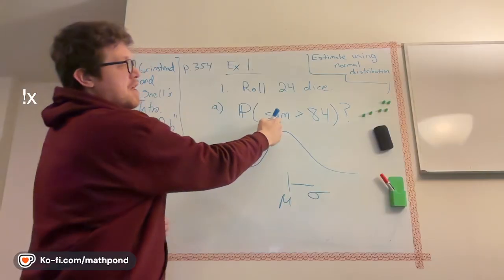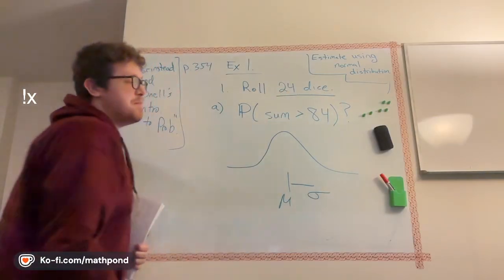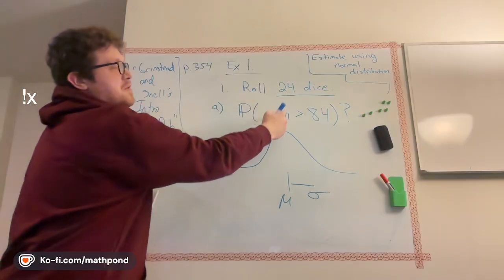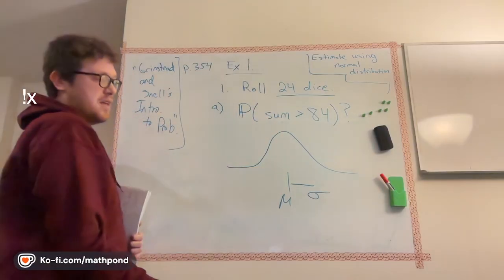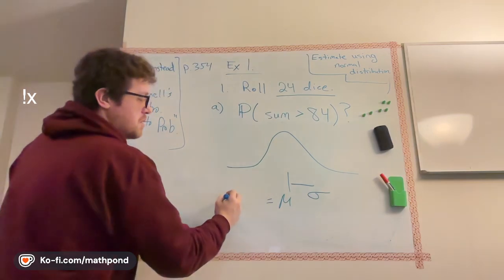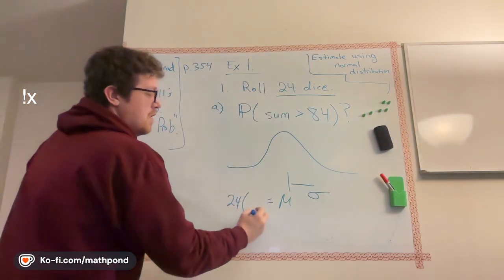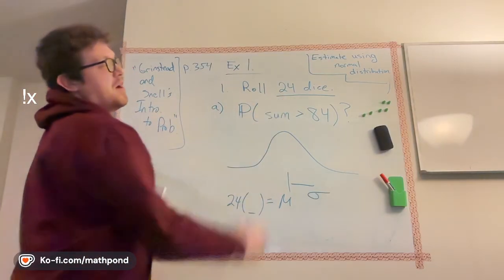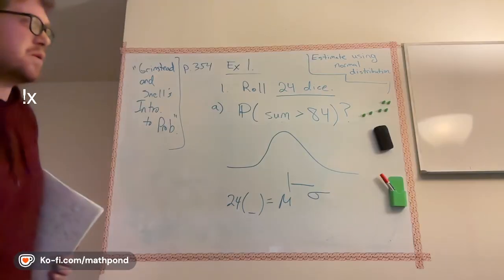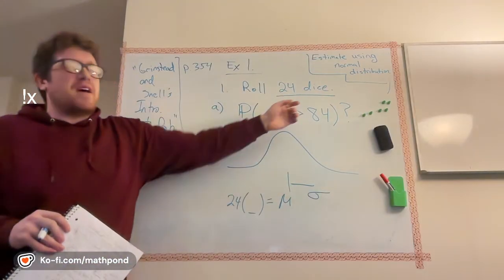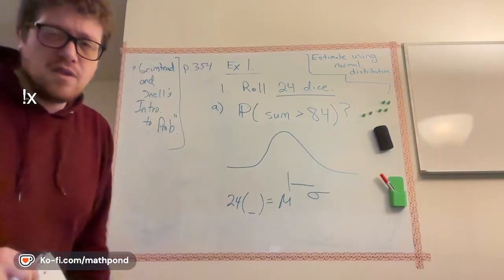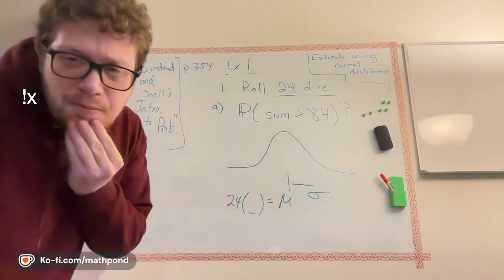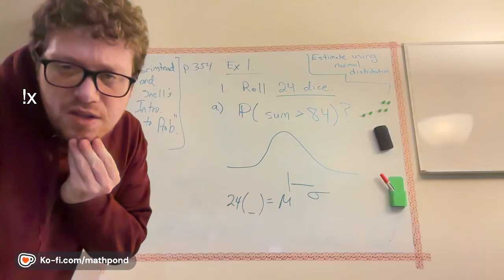So for instance, if we have 24 dice, the mean here should be about 24 times the mean of rolling a single die. So this should be about 24 times. What is this number, guys? What's the average number I roll on a die? I think we actually use this for another one. But what's the expected value for a dice roll? The variance is